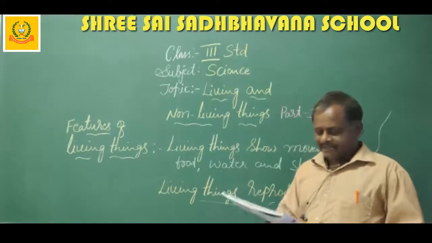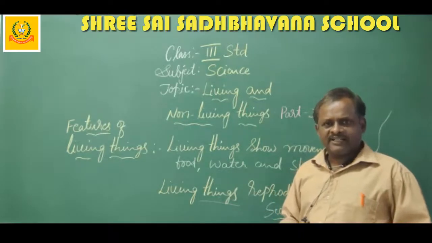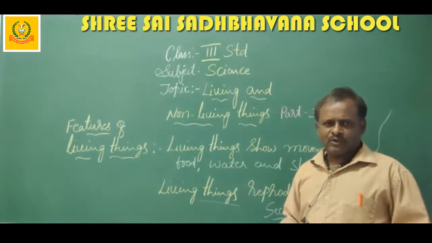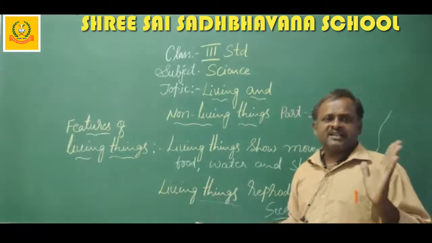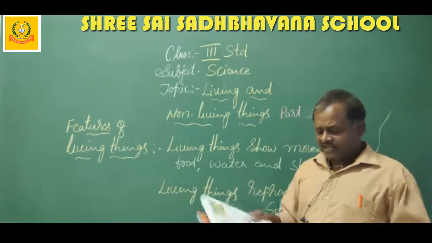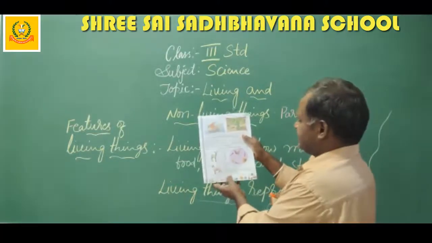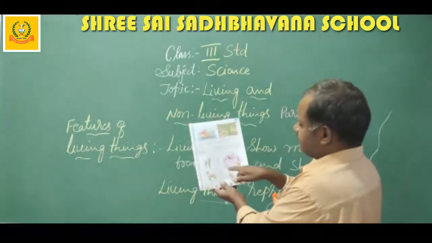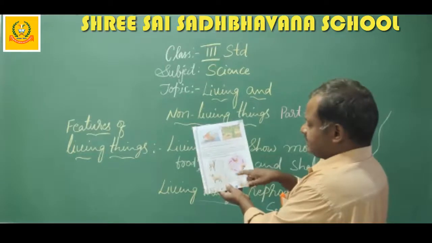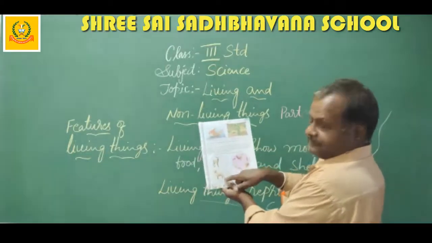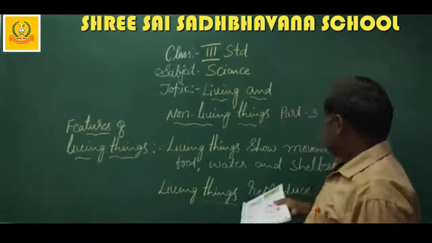But what about the book or mobile or anything? Does it give birth to anyone? No. They can't give birth to any other book or any mobile because they are non-living things. See here, they have given the life cycle of a hen, from egg to small one to hen. Here, lamb to sheep. So these are examples for the life cycle of living things.